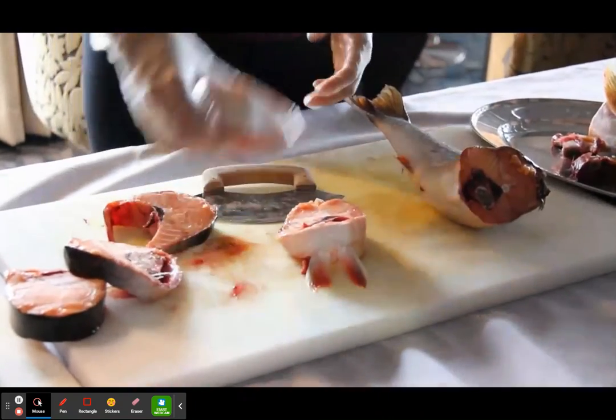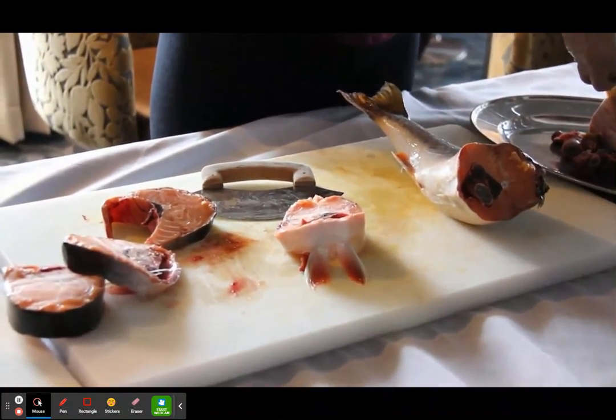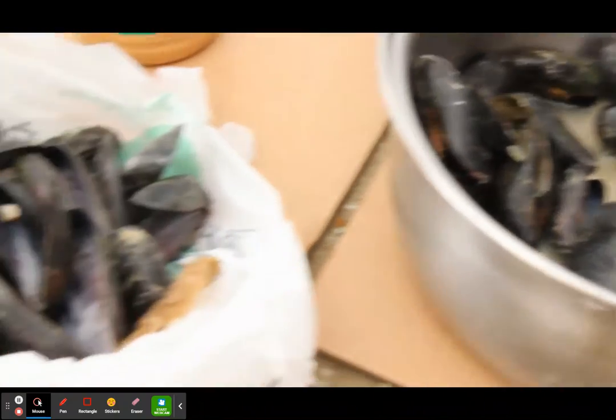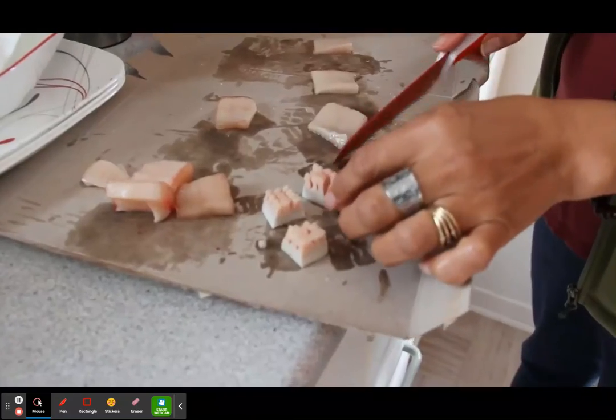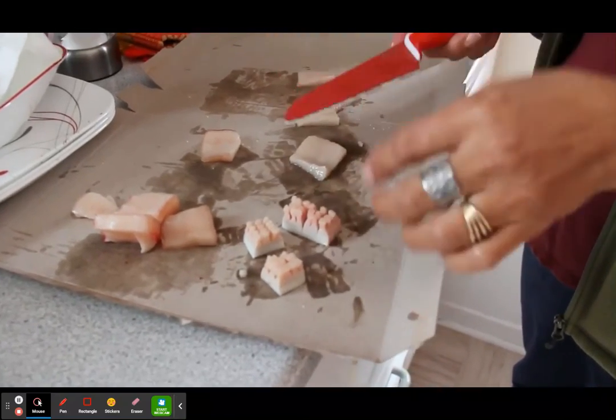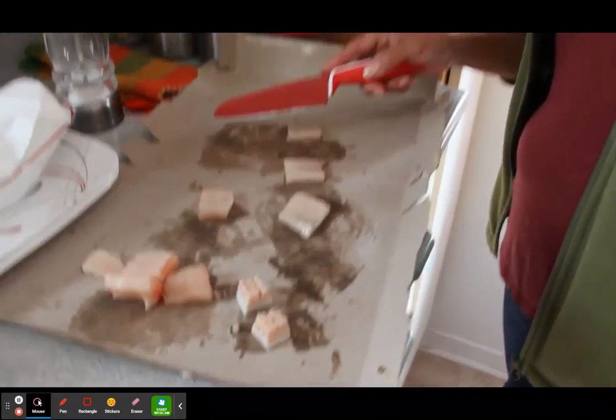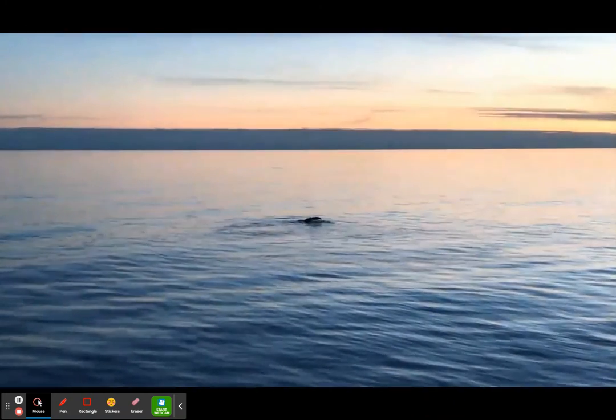A lot of the times we eat a lot of land food, which includes fish and seal and whatever is the fresh catch of that week or that month. We do seal hunting, whale hunting. Ice fishing is one of our most favorite things to do. And it's perfect in the spring because there's still the snow and ice, but it's warm enough to be out all day and all night.